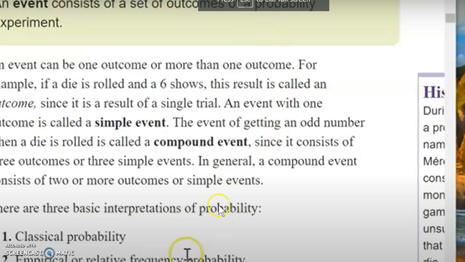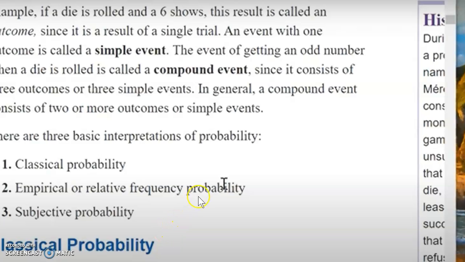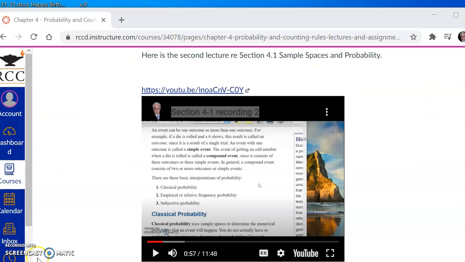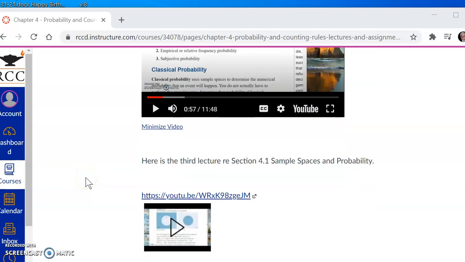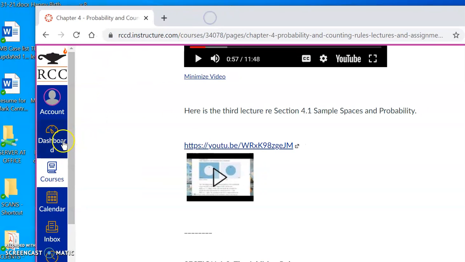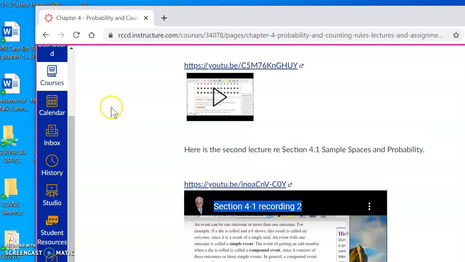Give me 1 second here. All right, so this is the actual video itself right here. It's a little bit awkward to do this. But you get the idea. You click on the video, and it takes you to YouTube, and here's the video. It just follows this pattern. All of the lectures are in the modules. Okay, so now, what else do we need to know?